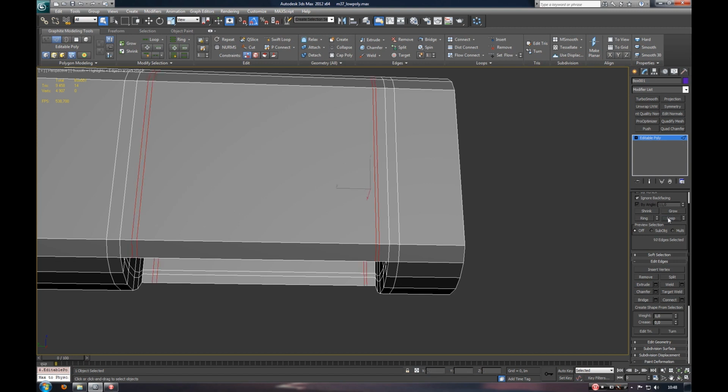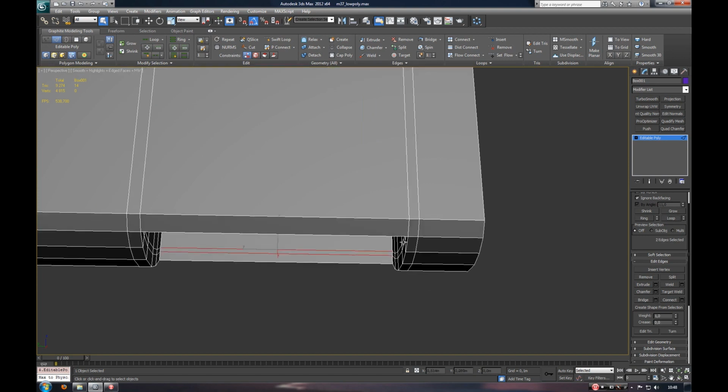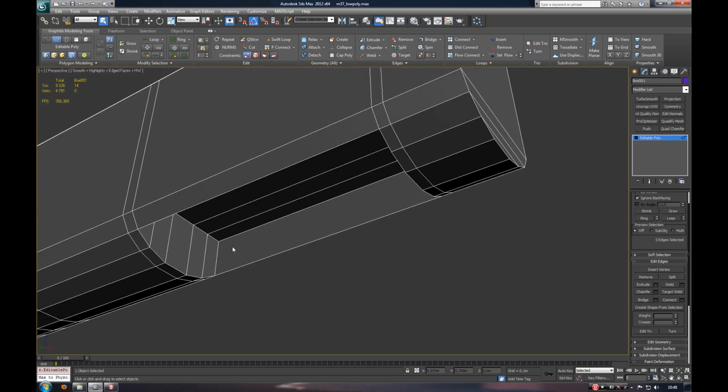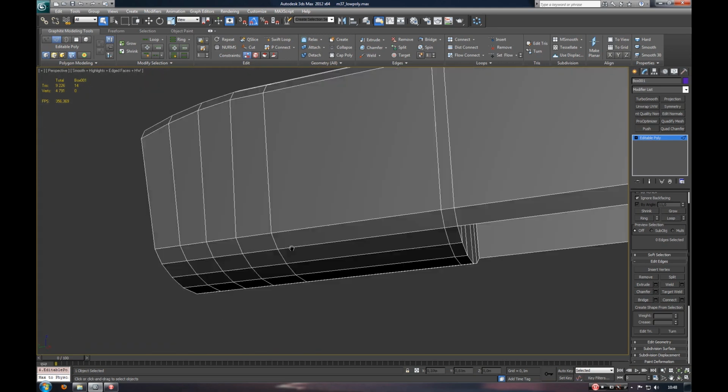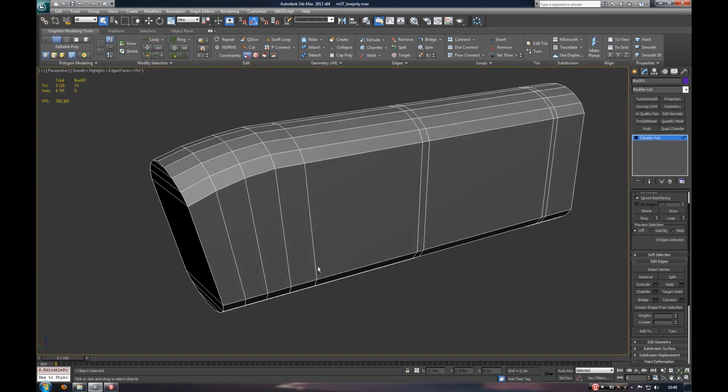And with the low poly model, unlike the high poly model, you don't need to keep this all in quads. You can easily use triangles, but there are a couple of pointers you want to keep in mind. You'll want to avoid